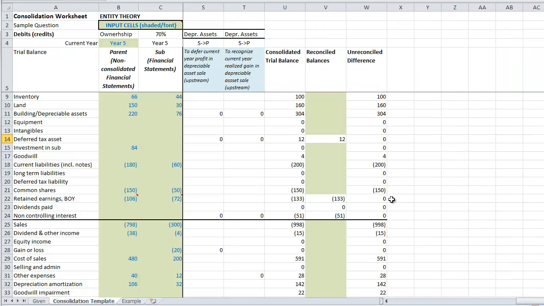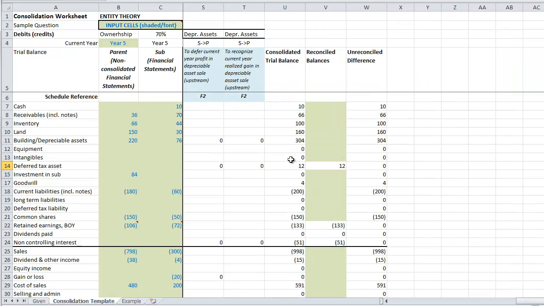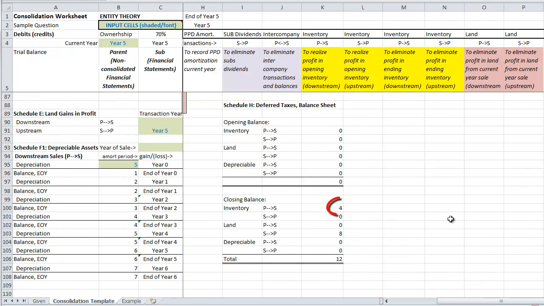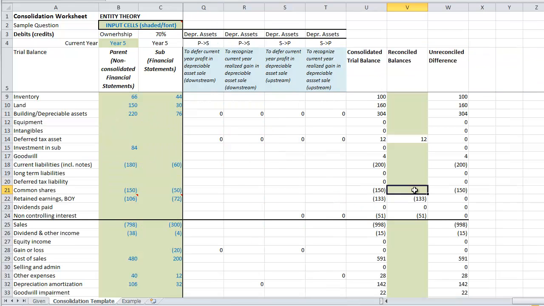We move over to our consolidation and our reconciliations. You can see that I really don't have anything to compare these against, but I can see that my deferred taxes actually agree to my Schedule G down below, and my deferred tax balance of $12,000 is made up of the $4,000 from the profit and ending inventory, as well as the $8,000 on the deferred land gain recognition. You can see that the parent's common shares have carried through, and they are in fact the common shares of the consolidated entity. Our retained earnings schedule balances to the reconciliation,